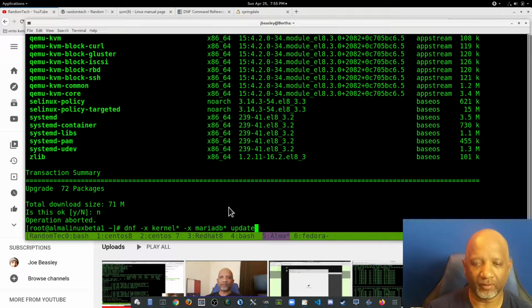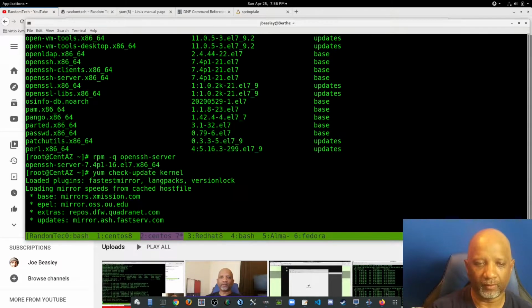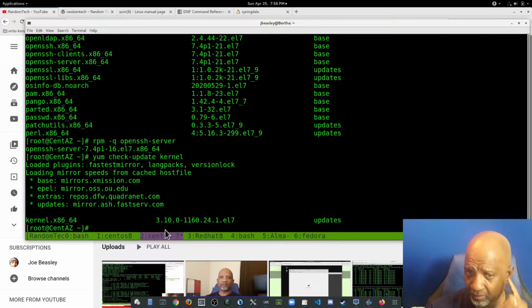On Red Hat based systems, you can exclude these packages by editing the yum.conf in your CentOS 7 based system or dnf.conf in your CentOS 8 systems. So I've got a CentOS 7 system here, which runs yum. If I tell it to check for updates for the kernel, there's a kernel update that's available here. But if I did not want that installed, and I didn't want to remember to use the -x all the time,